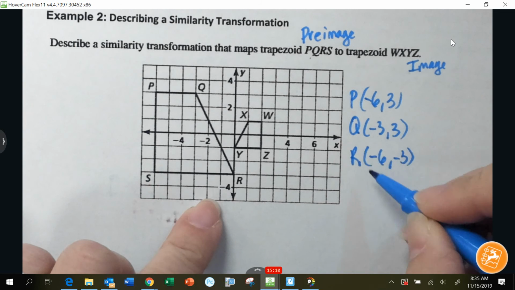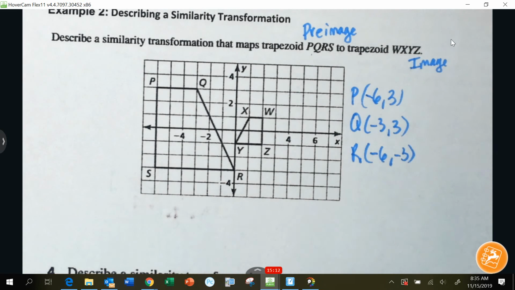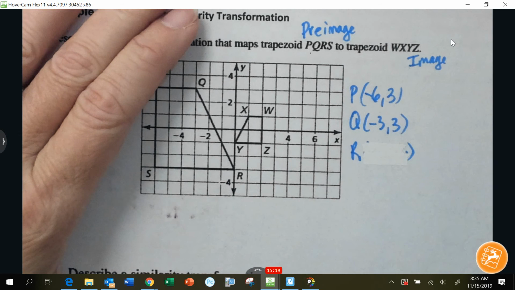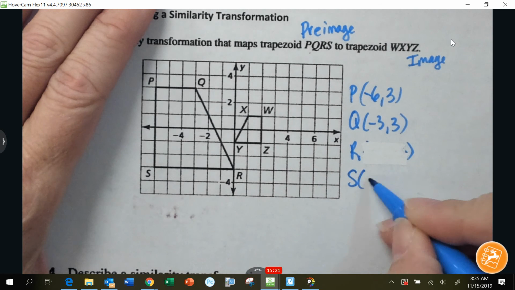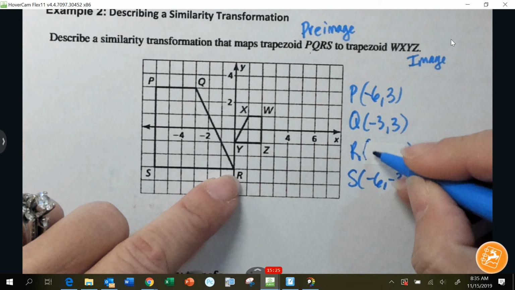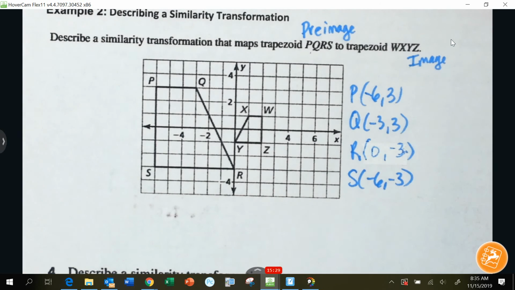Oops, that's not R, that's S. R is 0. Okay, so